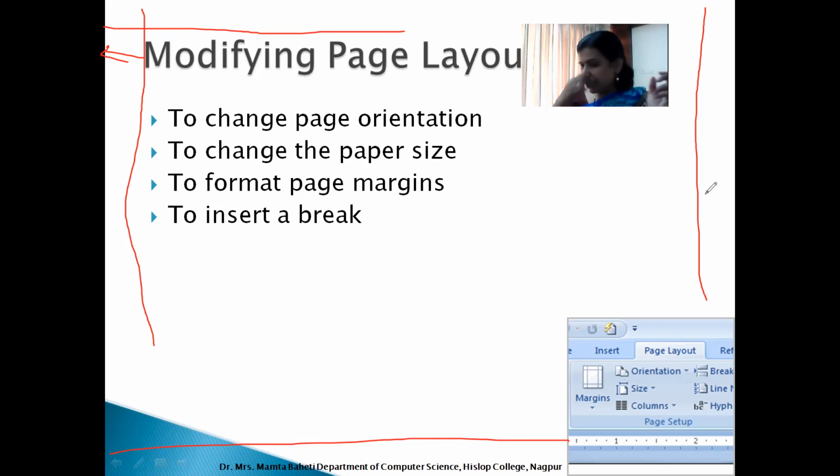Okay. If we are working on a book pattern or letters, we generally give the maximum left margin and मतलब राइट वाली मार्जिन जो है वो मिनिमम रखते हैं ताकि इधर से हमारा कोई भी कंटेंट लॉस नहीं होता और अपने को पंचिंग करने के लिए फाइल में स्पेस भी मिलता है. Then, to insert a break. हाउ टू इंसर्ट अ ब्रेक मीन्स कंटिन्यूएशन में अगर हमारा कंटेंट आ रहा है, जैसे हम बुक बना रहे हैं तो कंटिन्यूएशन में अगर कंटेंट आ रहा है तो it doesn't look nice. So we prepare the chapters or sections of it. So how to prepare those chapters and sections, that we will learn.